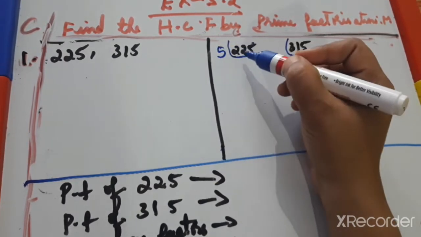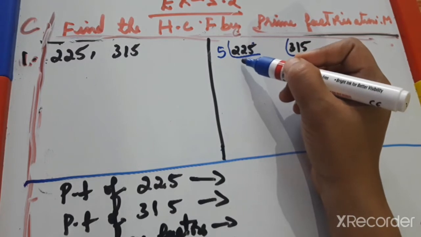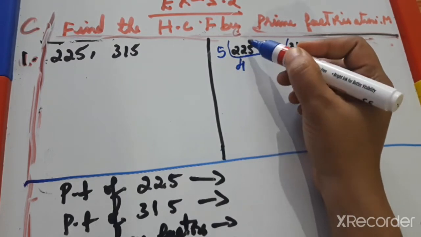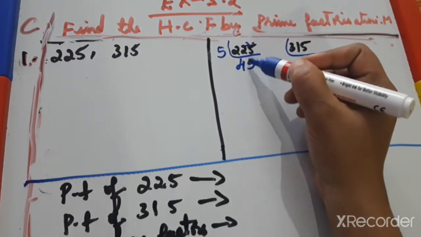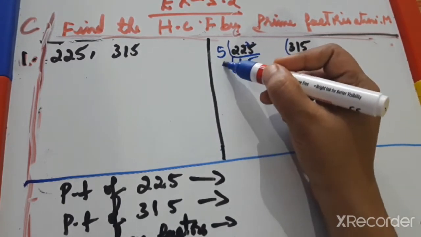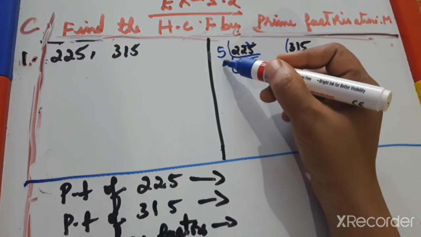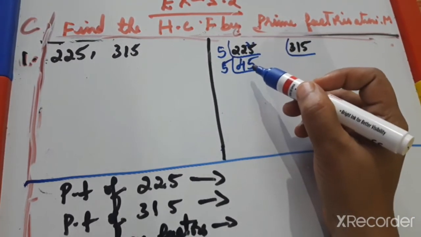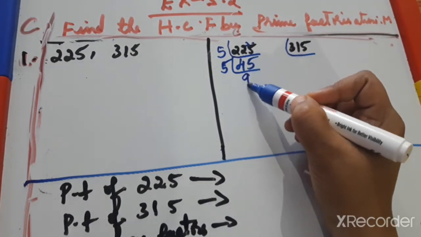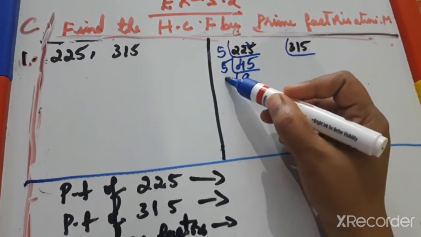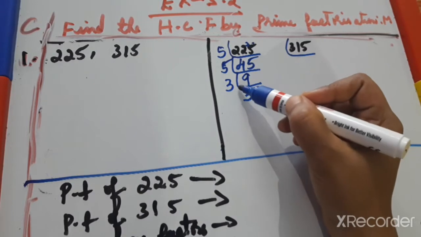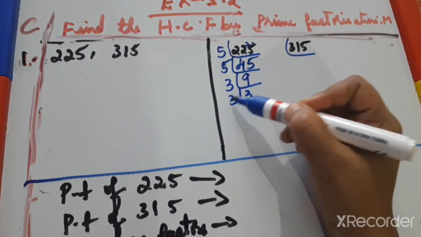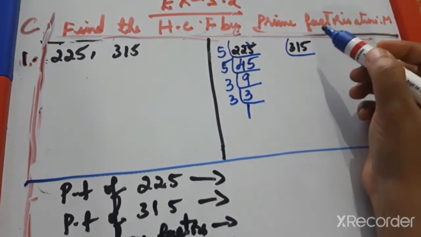So divide with 5. 22, 5 how much are nearer to 22? 5 4s are 20, that is the nearer one. 2 is the remainder. Now together is 25. 5 5s are 25. Again it multiplies with 9 5s are 45, but we want outside only prime numbers. 9 is not a prime number, so we will divide with 5 again. 5 9s are 45. 9 will multiply with 3 ones are tables, 3 3s are 9. Again 3 will multiply with 3 ones are tables, 3 ones are 3.